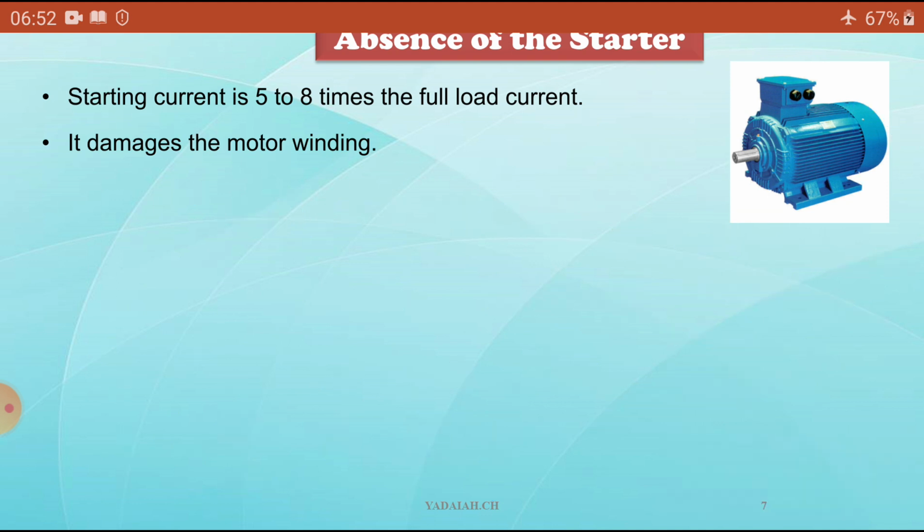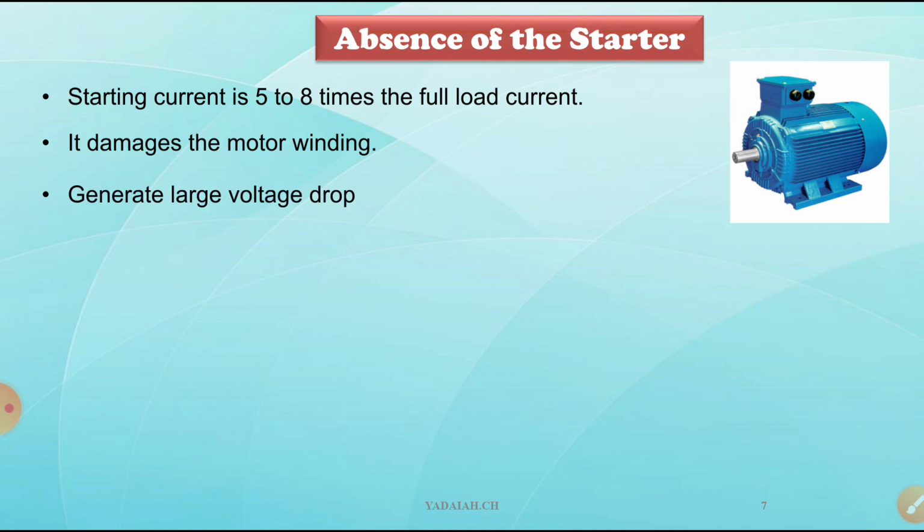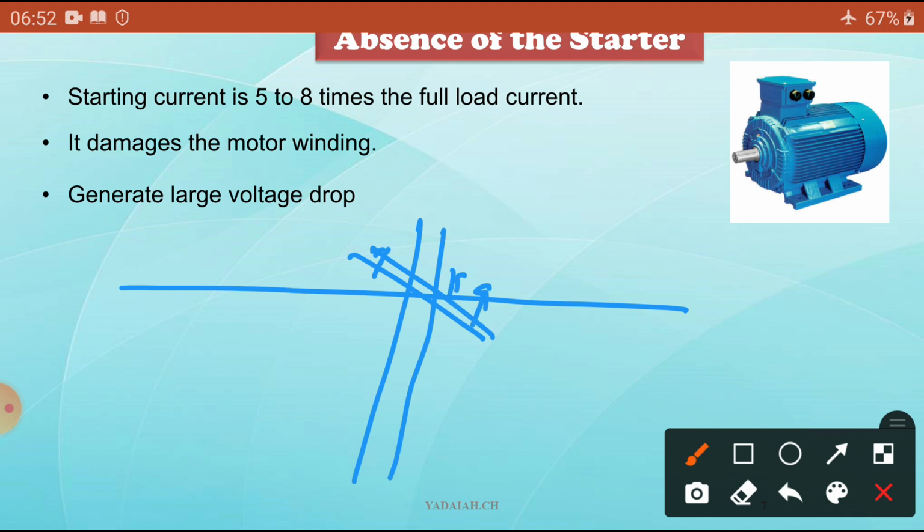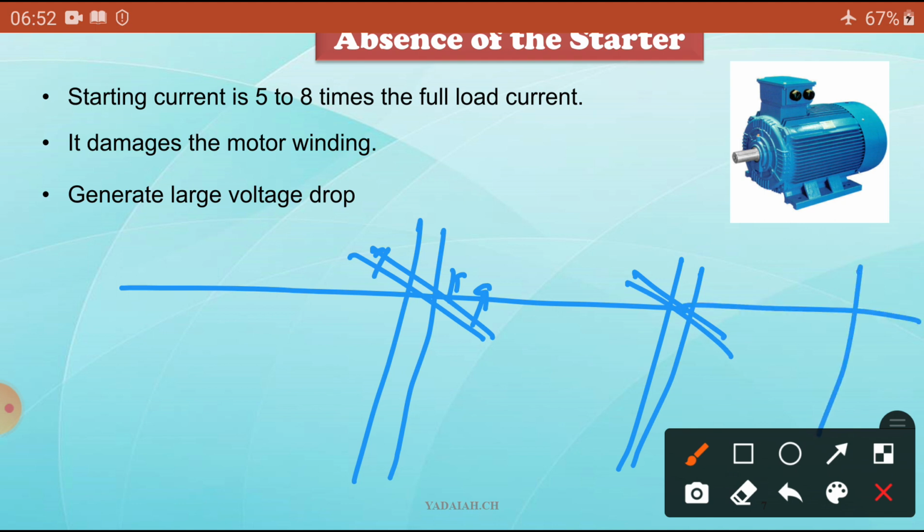Okay. Now what will happen? This high current will come, I2 will come, and due to this I1 also increases, our winding will burn out and it generates a large voltage drop also. So what does that mean? Here this is a line connected to my house. Here are the insulators, and this is another pole. So these poles are connected, and at my house I connected my induction motor.